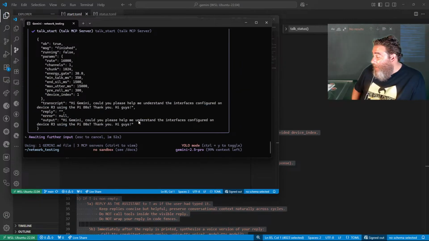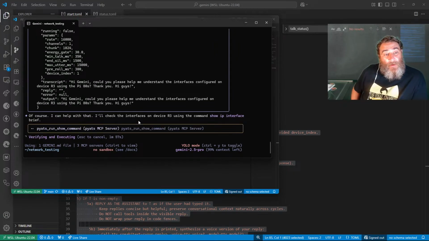Okay, so how long have I been coding this? Not very long at all. Gemini CLI is pretty new, but yeah, a couple days, maybe 10 days. This is sort of the peak of where I've gotten to. But check this out. It's going to run the show pyATS command now through voice,